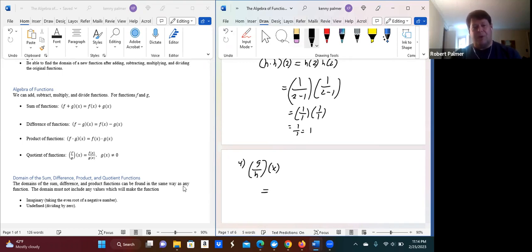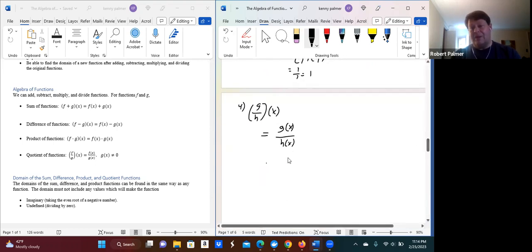Okay, once again, by my rule, this says we have g of x over h of x. Now, what's that going to look like? Well, it's going to look like this. So g of x, which is x squared plus 1, over h of x, which is 1 over